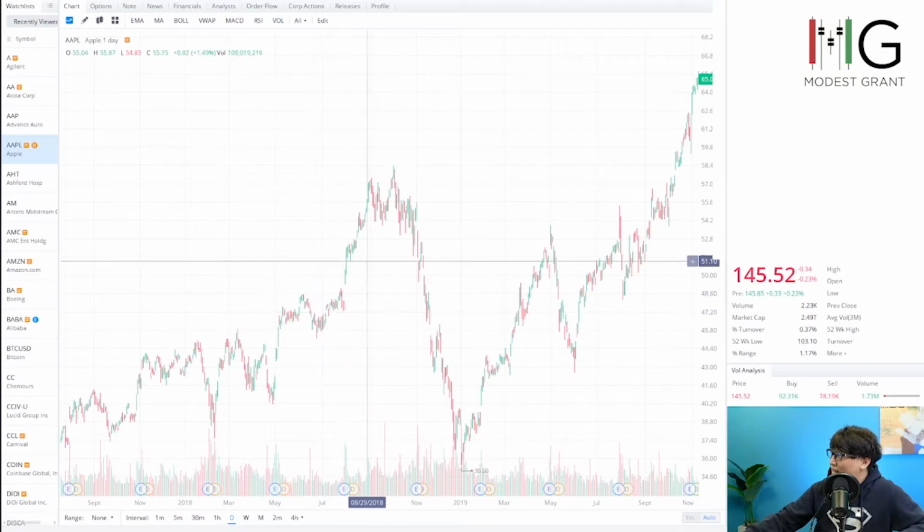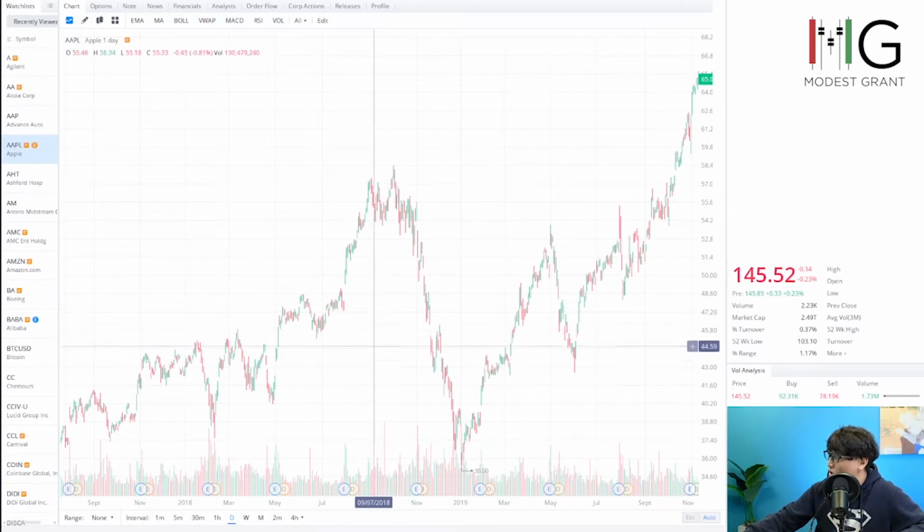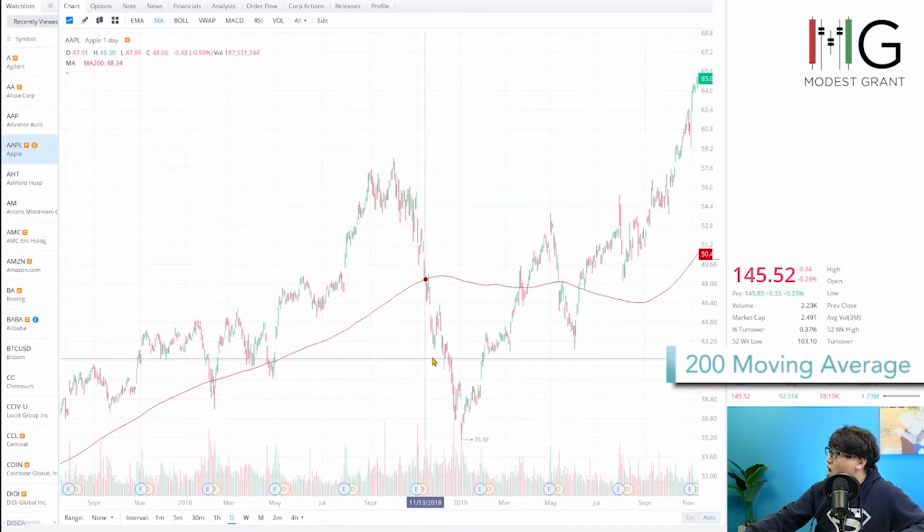You see all of those candlesticks and the prices? They are not smooth. With the prices surging and plummeting in a short period of time, there are a lot of false signals, and it's not easy to see where our entry and exit points are. But if I have a moving average shown, you can see that the line is very smooth. This is my 200 moving average right here. It's much easier to see the average value because it filters the noise from the random price movements.